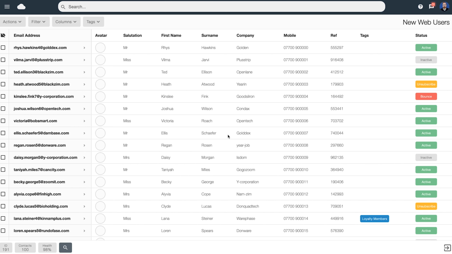When viewing the contents of a mailing list, you may notice the status column. Each user has an attached status to them. We can see here this top user is set as active. This means that they are a live subscriber inside your mailing list, so when you next send a campaign, they